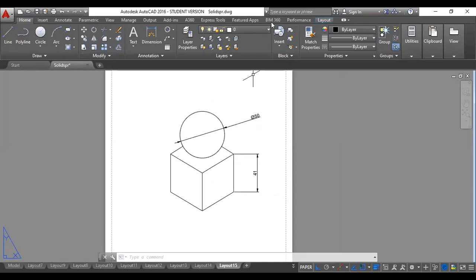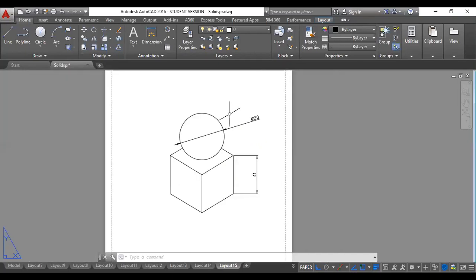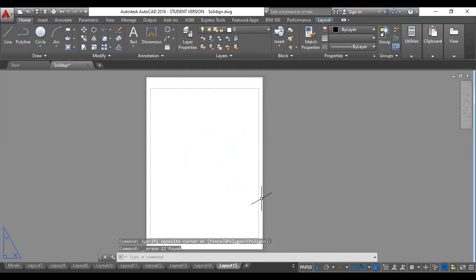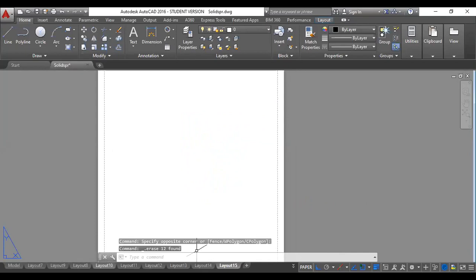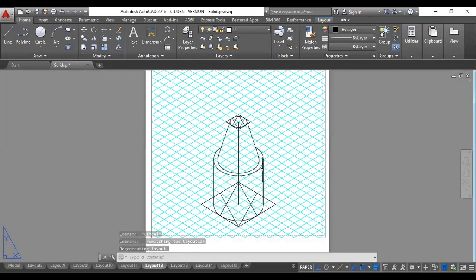Okay, fine. Right. So I'll be taking one more problem and trying to explain you here how to solve it. So just have a look. I'll delete it and do it here itself. So let me take one more different problem. Okay, let us try to do this problem. So you have a cylinder. On top of that, you have a frustum of a cone. So these dimensions I will take randomly and try to solve it.